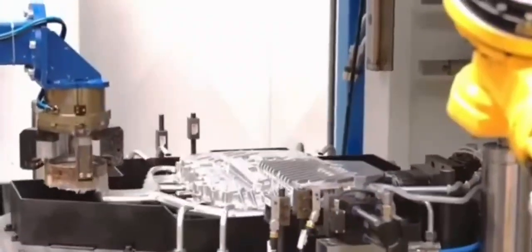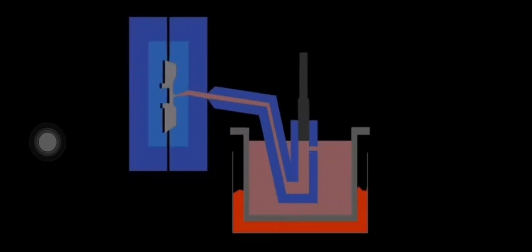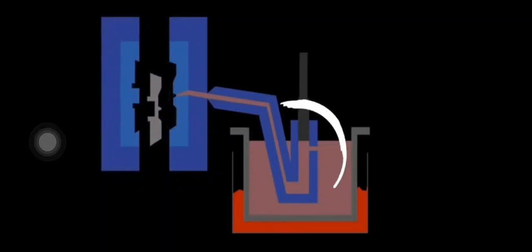This process occurs very quickly, even within seconds for a single production cycle. That is why this method is highly suitable for mass production. Die casting is divided into two main types, namely hot chamber die casting and cold chamber die casting. In hot chamber die casting, the injection chamber is in the same system as the melting furnace. Molten metal is injected directly from inside the machine. This method is usually used for metals with a low melting point, such as zinc and magnesium.